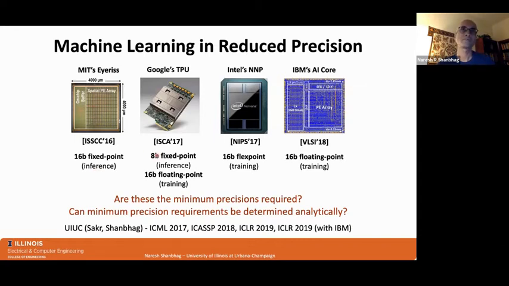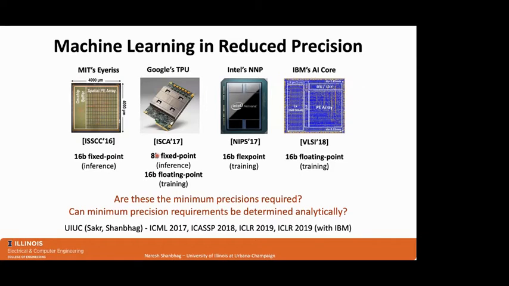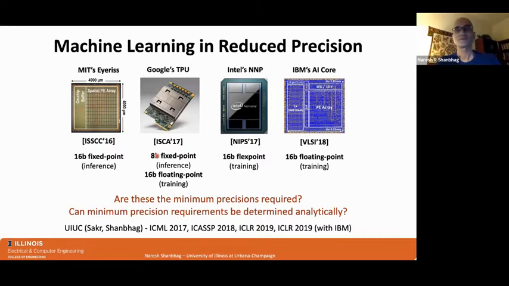Lots of hardware being produced as we speak. These are a bit dated, but they all have one thing in common. They're implementing deep nets in fixed point. And a big question that arises in all of these works is, how did you select 16 bits, 8 bits, 4 bits? How do you know this is the right precision for the class of networks that need to be implemented? And so in our group, we have tried to address these two questions.